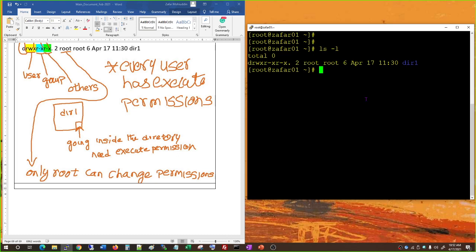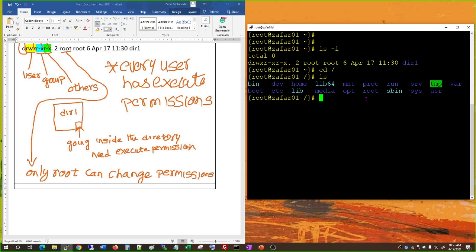So everybody, let's create a directory in the root directory. Everybody go to cd, then just a slash, and hit enter there. And if you do ls here, you will see these are the system directories, right? So here, make a directory with mkdir